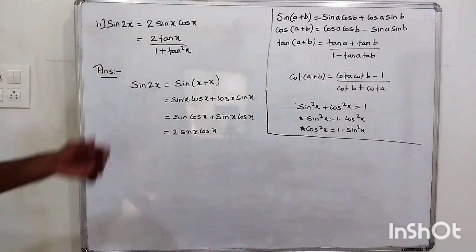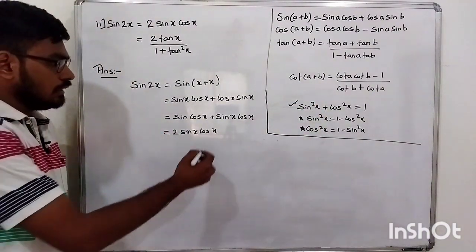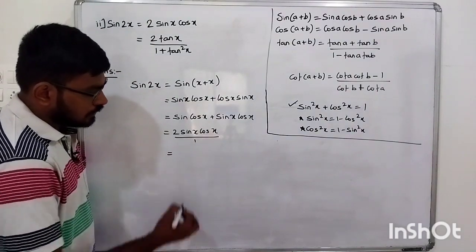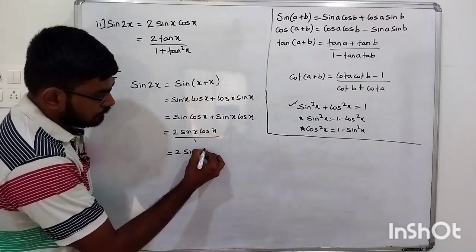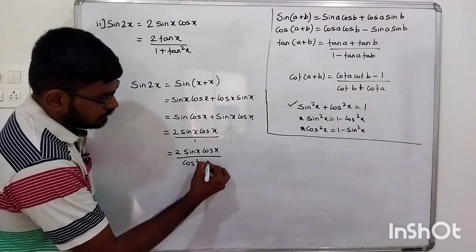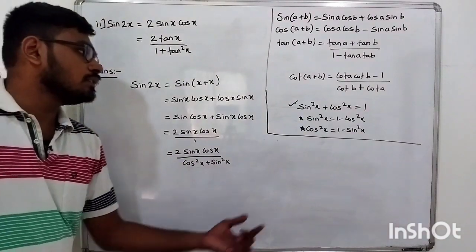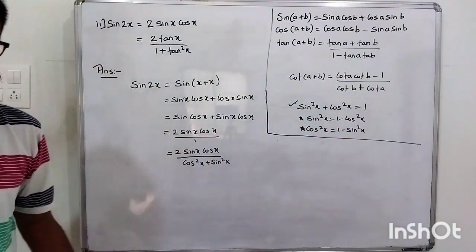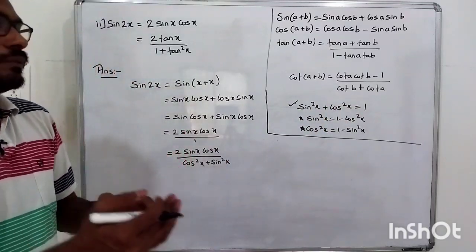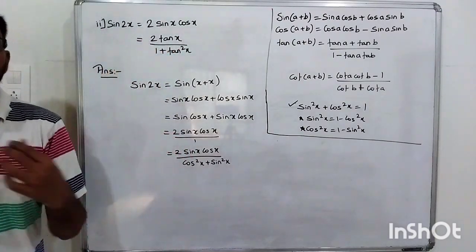Now next we have to prove this. So again using this formula, in place of the denominator we are writing cos square x plus sin square x. So 2 sin x cos x upon cos square x plus sin square x. In place of 1 I am writing this because we know sin square x plus cos square x is equal to 1. In 10th standard also you might have needed this many times. In place of 1 we substitute sin square x plus cos square x to simplify the formula and get the answer.